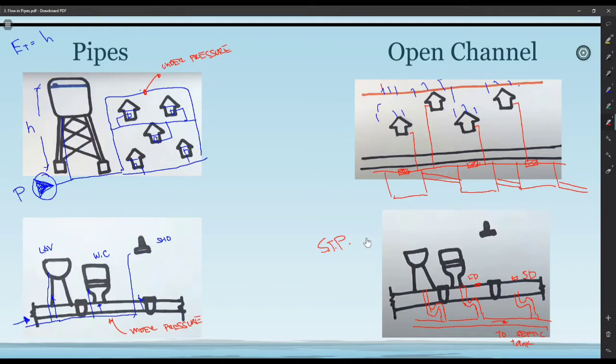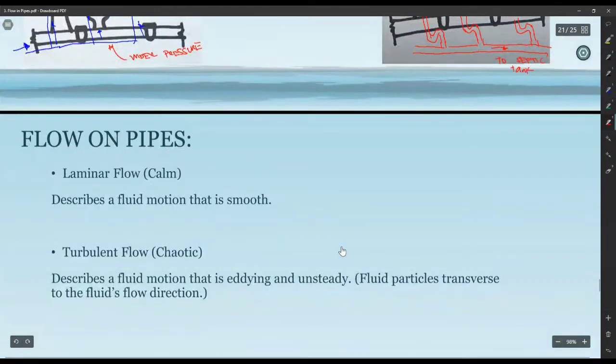So, tandaan na lang na yung pipes, fully basa yung perimeter ng pipes mo. Unlike kay open channel na merong portion siya na exposed sa atmosphere. And for pipes, it is pressurized; open channel, not pressurized. It is affected by the slope, gravity, and ayun nga. Okay, so